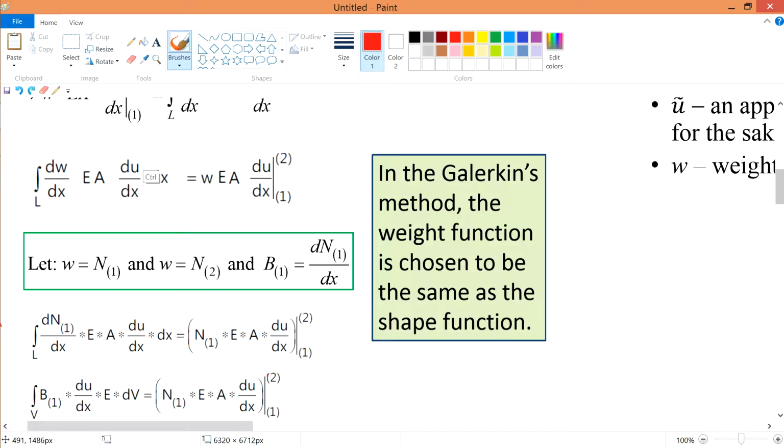So in our case we'll sub in W as our shape function, meaning later on we'll talk about it. I'll just inform you that W will eventually become the shape functions N1 and N2. Later, when we go into details, I'll elaborate on what these are. For now, just take note that this is N1 first. This shape function tells you the shape of the system, and B1 is equal to the derivative of your shape function across